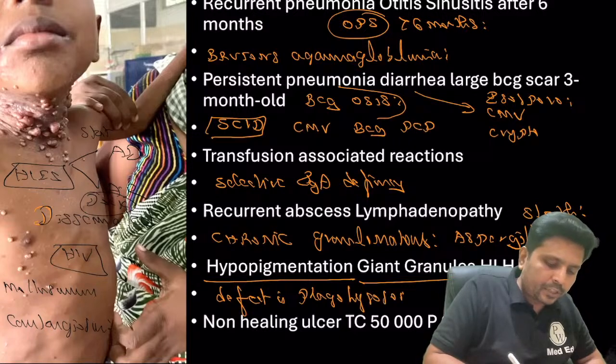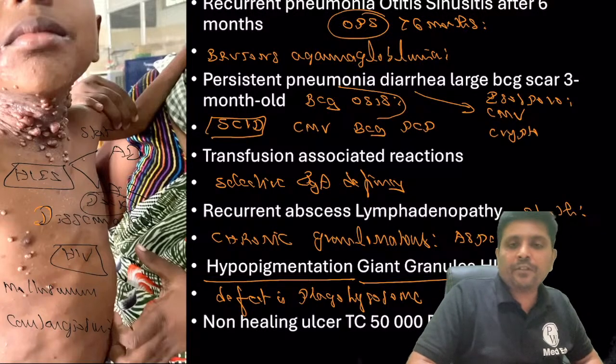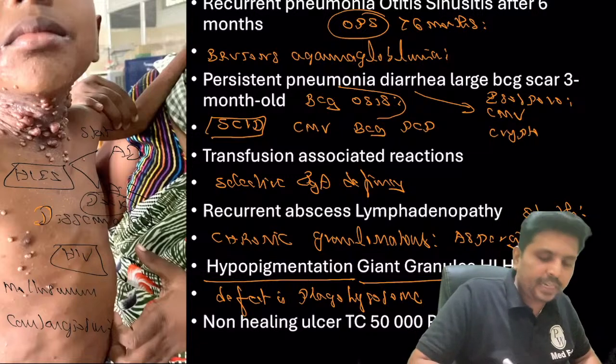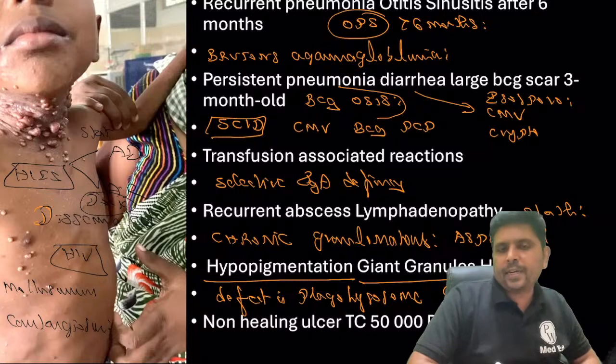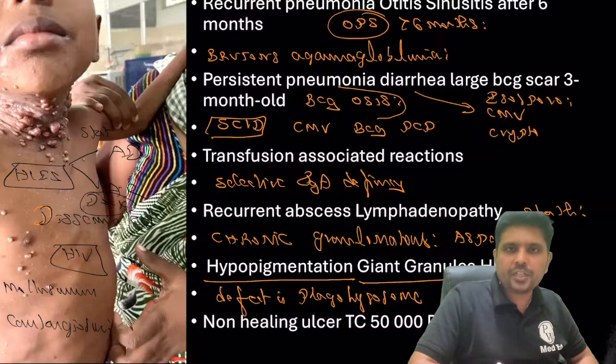Defective phagolysosome formation, giant granules, infection, albinism: this triad occurs in